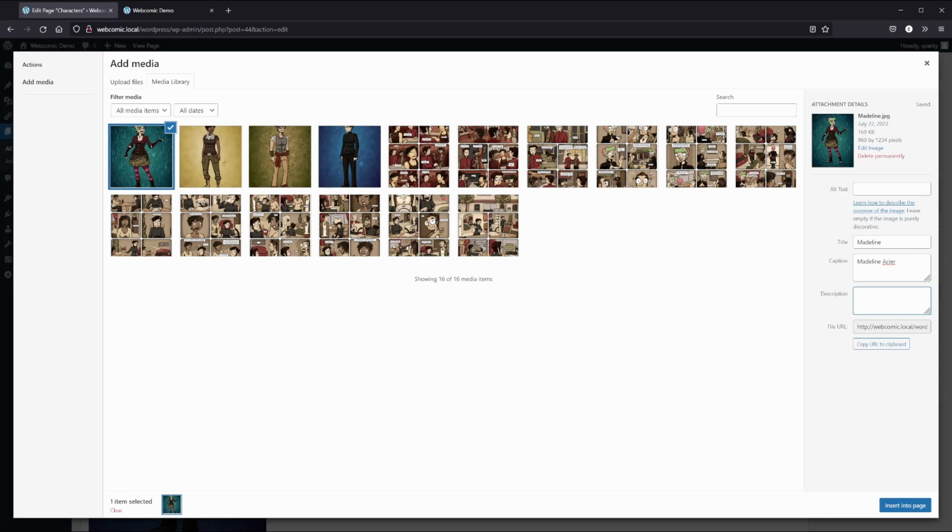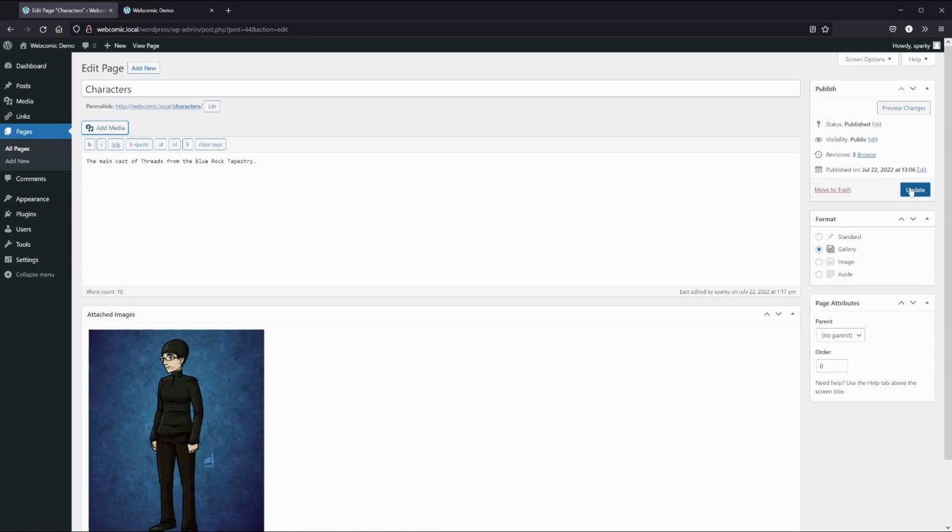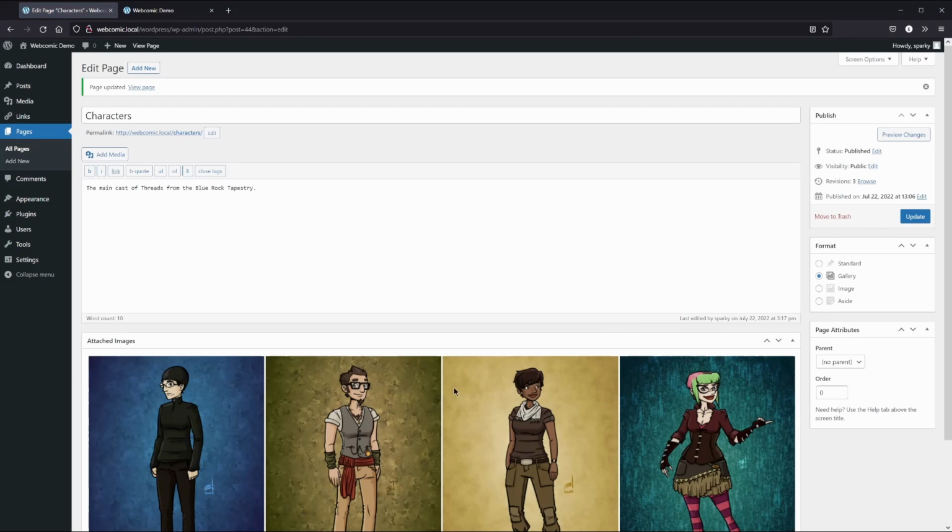Finish all the descriptions. Don't click Insert into Page. Just close the window on the X. Then click Update. And there they are.